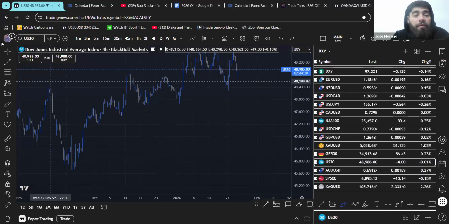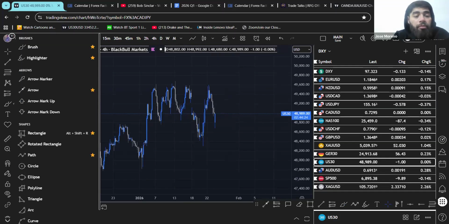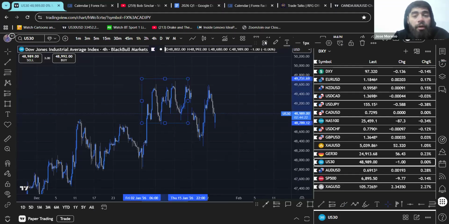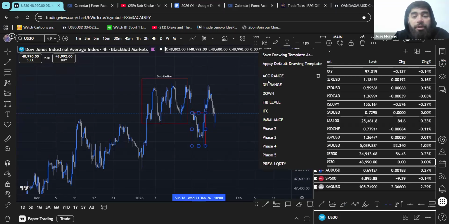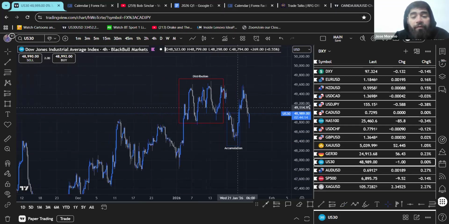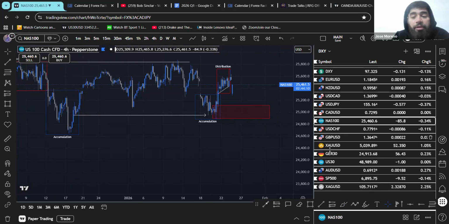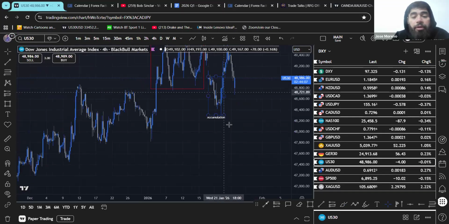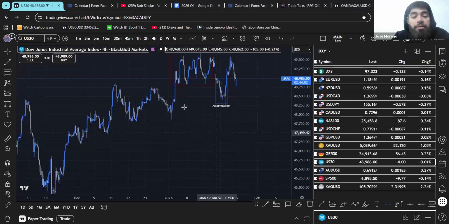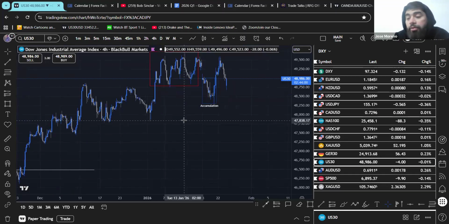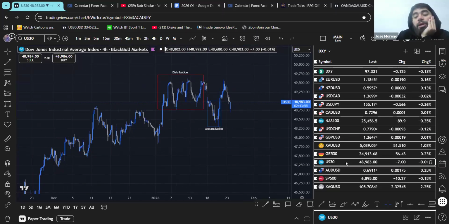Even within this low that we're in right now, this is still structure holding, right? So here we do have a potential distribution, but at the same time, we might have also had an accumulation with the way that we had our price action down here. So I do kind of like even this for buys as well. So I think it kind of aligns with it. If NASDAQ ends up holding this low here, maybe US 30 ends up holding this low, or maybe sweeping a little bit lower. Sometimes we get divergences between them. But again, it's all about seeing what happens during our sessions. But yeah, that's what I would want to lean towards.